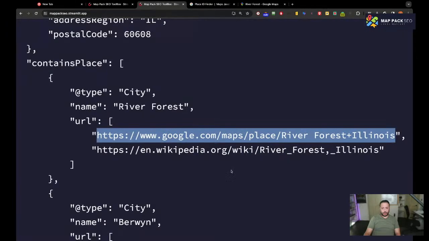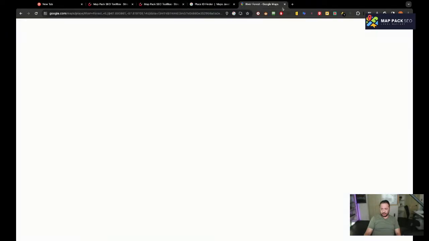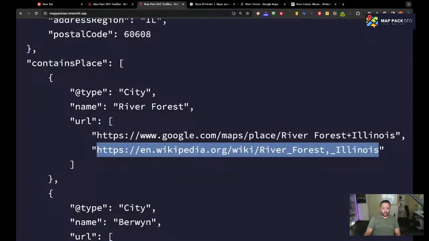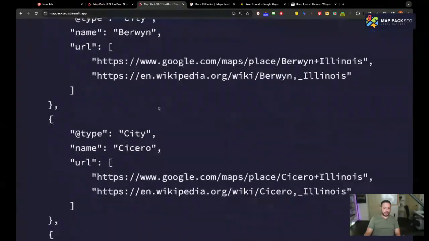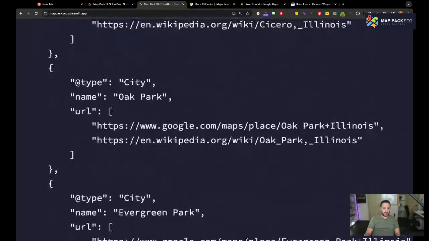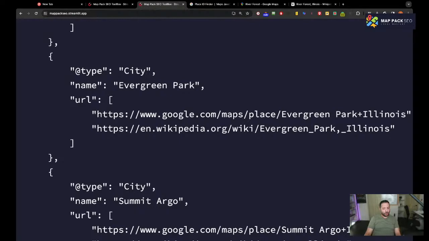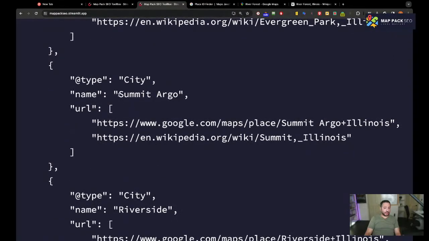All right, and then we have the Wikipedia. So we have the map, and then we have the Wikipedia link for each city. See, this is all the 10-mile radius cities. What this does is basically giving Google more information or content about the cities that you service. I know this might be on your website, but Google crawls the schema first, so it gives them more information about the cities that you service. So it's going to build your location authority, and it's going to build your proximity.